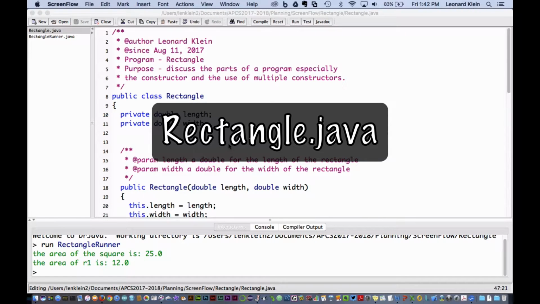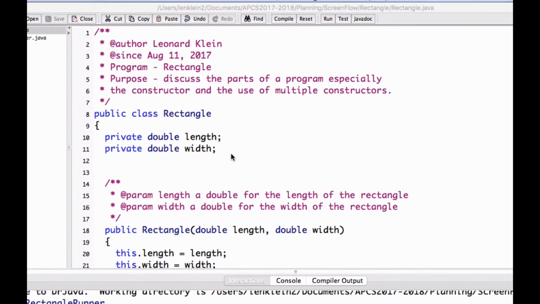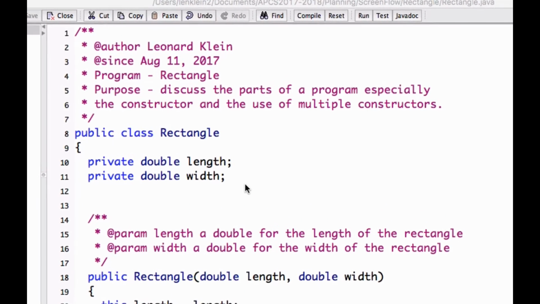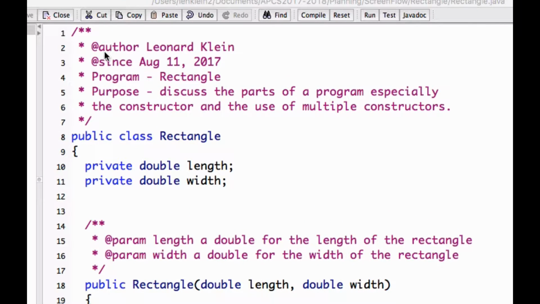All right, we're going to take one more run at the rectangle and rectangle runner. At least this time I have put in the author and since for today's date. And the reason we're doing this is to discuss the parts of a program, and especially the constructor and the use of multiple constructors. So with the rectangle program, we're going to start out with our class declaration, public class